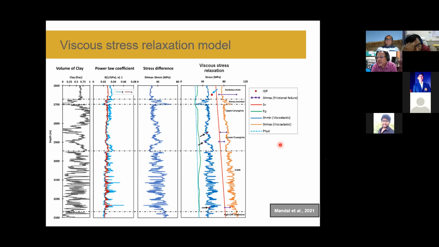So we consider this stress as basically the two horizontal components. One is minimum and another is maximum. Minimum is basically the least principal stress. So one component is definitely gravitational loading, and that